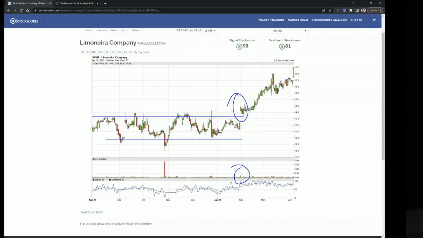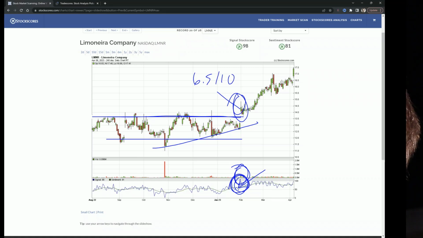Notice the volume spiked higher. Notice my Stockscores indicators spiked higher because I programmed the Stockscores indicators to look for abnormal volume, abnormal price, breaking through resistance from optimism. That told me that that stock was likely to go higher. On that day, it was a 6.5 out of 10. Why was it not a 7? 7 is about as good as I give. Sometimes I'll give an 8.